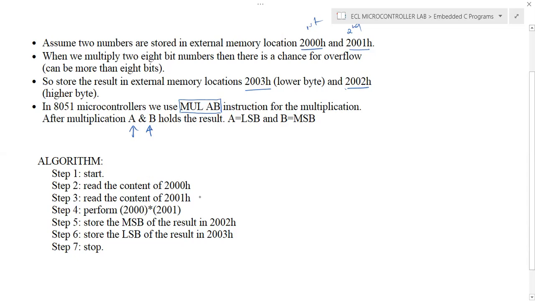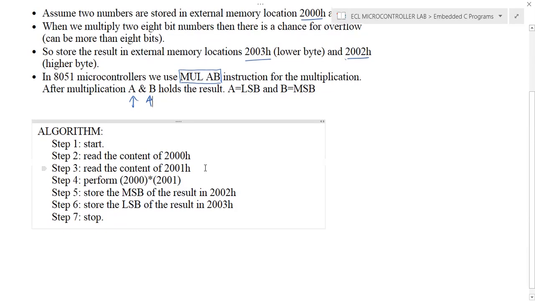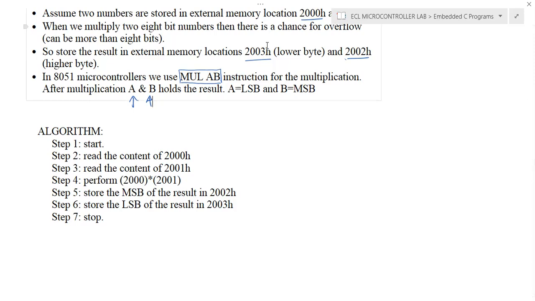The two values are stored in 2000 and 2001. We need to read the content of 2000 and 2001, using the pointer concept. After that, you need to perform the multiplication operation, content of 2000 into content of 2001. After performing this multiplication, you need to store the result. I think we need to correct it.